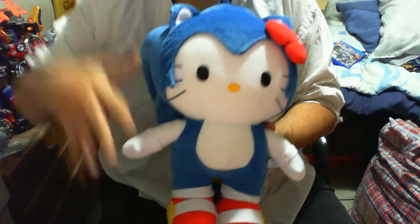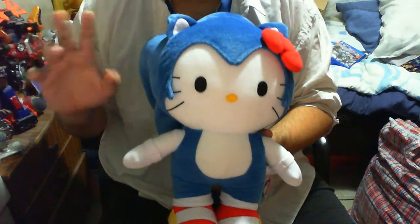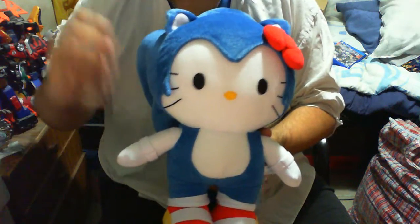And then they released a third wave. So this is first wave, second wave. By first and second wave, you know what I mean. First wave, this one technically came out first. The second wave technically is the Super Sonic San Diego Comic-Con version. And the third wave